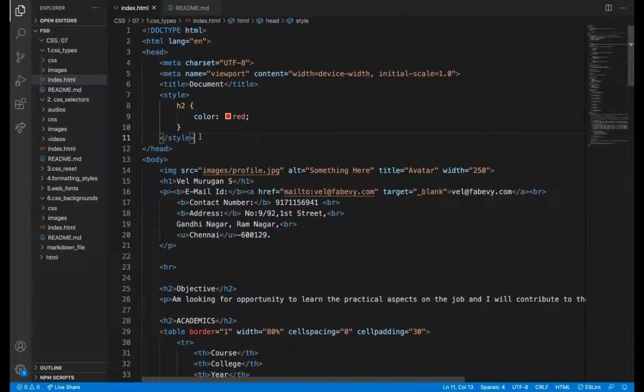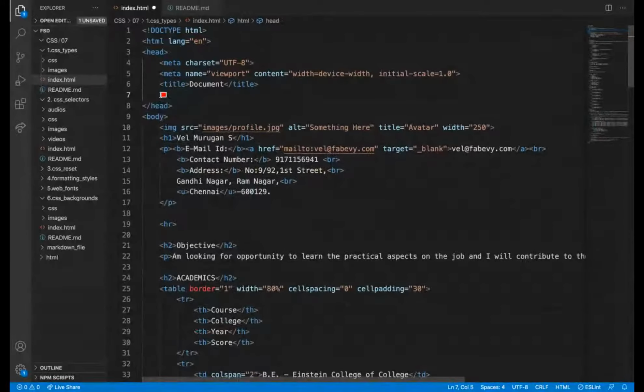So if my website has 500 pages, and I want to add H2 styles, like color for this H2, and not only this, I'll add plenty of styles to this, I need to copy all the stylings into each page's style tag. So when I want to write more styles, this also has some problems. So we are going to another method, the external style sheet.